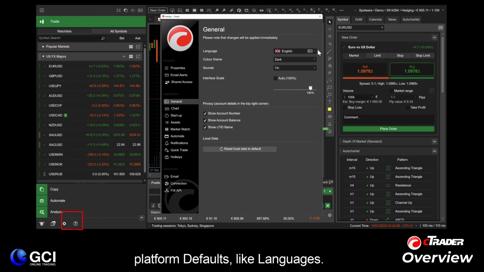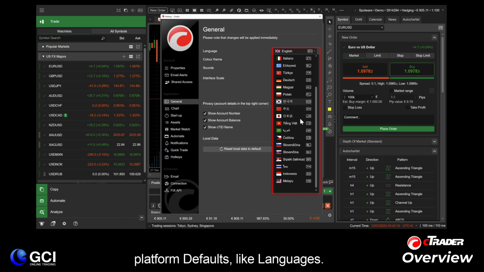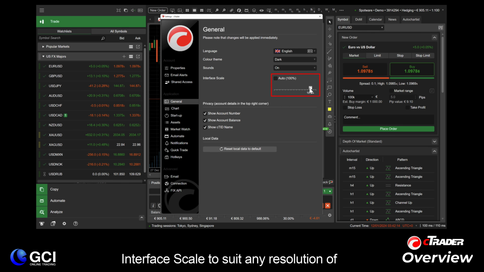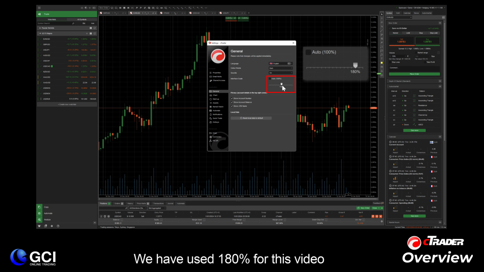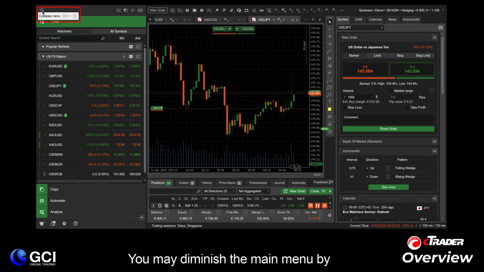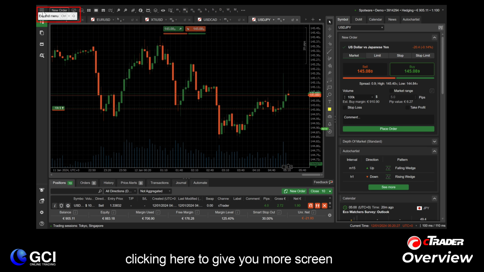control over your platform defaults like languages. For example, you may set the interface scale to suit any resolution of your monitor. We have used 180% for this video series, but you may use any resolution you like to allow for more detail on your monitors. You may diminish the main menu by clicking here to give you more screen area for